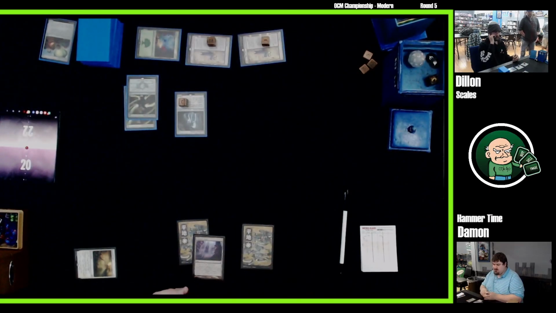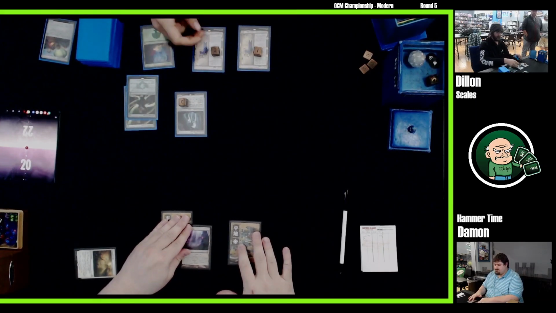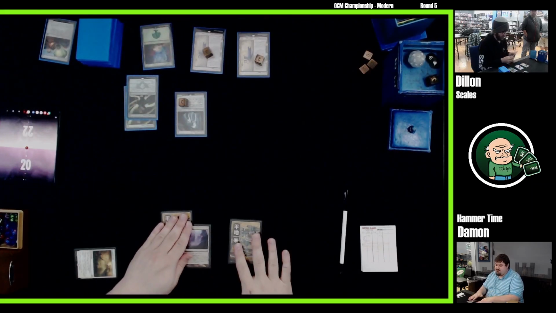Oh, wow. Yeah. Cursed Totem would be super brutal in this matchup. Backbreaking. Dillon here with a crazy third turn of the game: a second copy of Hardened Scales into an Arcbound Ravager. Now that card